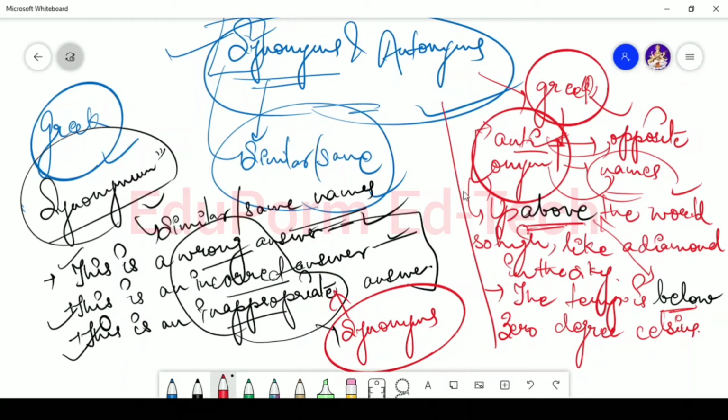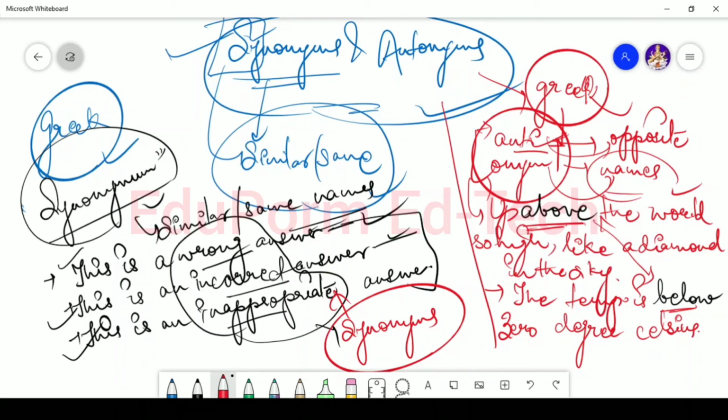Now I hope you understand the meaning and the differences between synonyms and antonyms. Now why are they important? What is the purpose of remembering these? It is really interesting and attractive when you have a good knowledge of words, when you have a plethora of words with you, when you know so many words for a particular word. For example, if I say that she is beautiful, or she is elegant, charismatic, marvelous, or magnificent, they all mean I'm talking about her beauty. So all of them are synonyms.